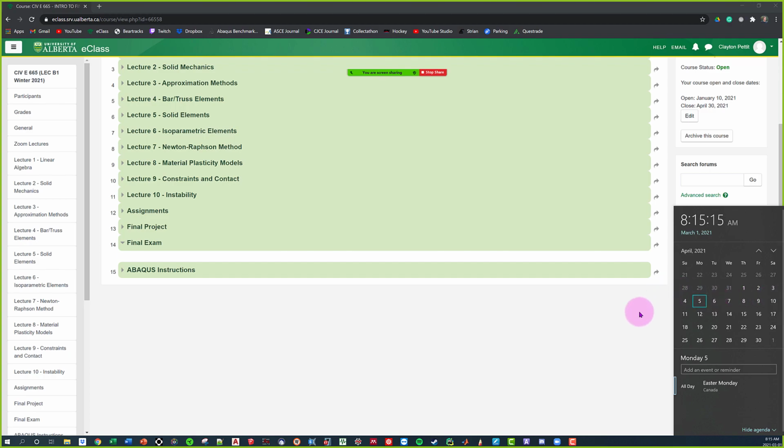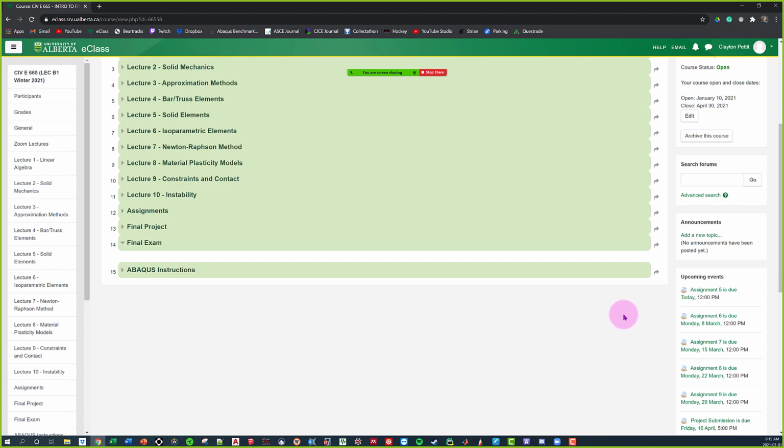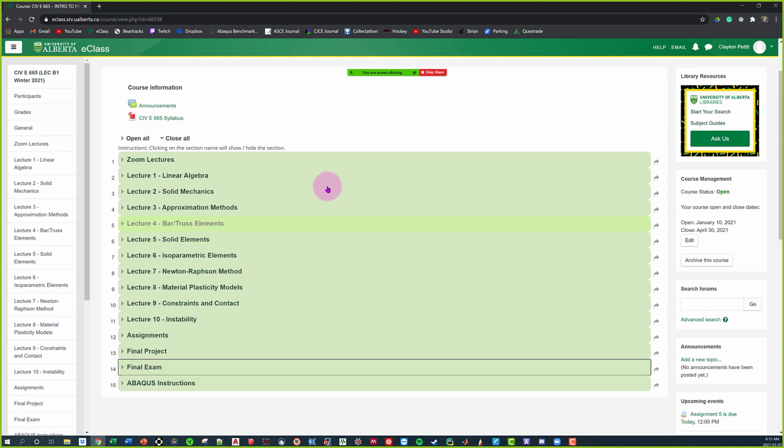Perfect. Now, if we're talking about the questions in the final exam, I'm thinking 5 questions. Each question is going to be worth 20%, so each question will be equal in weight. If you can just do 1 question per day, you'll be done the final exam, no problem. But of course, I'm going to make the exam such that if you want to complete it all in 1 day, you can. I'm not going to make it a mandatory 5-day brutal final exam. I'm going to try and make it nice and fair to you guys. So that is everything I want to talk about when it comes to E-Class.